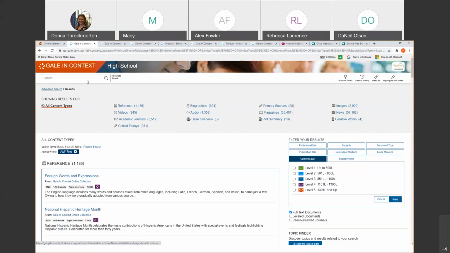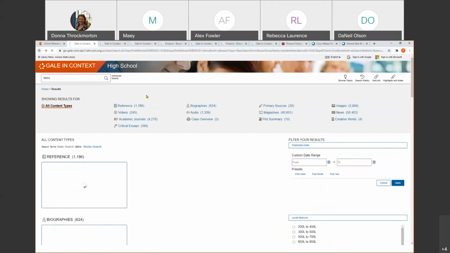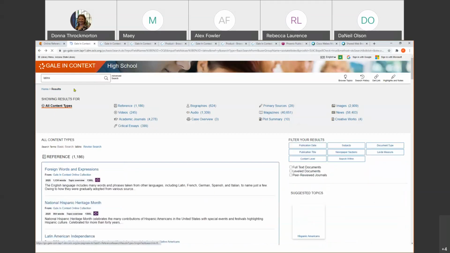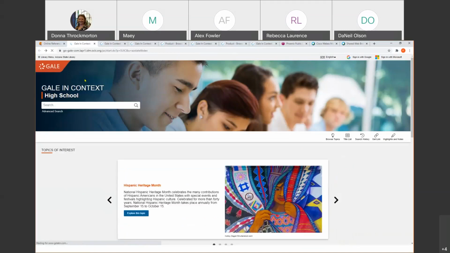So let's go back and some navigation things to understand with the databases. You might be tempted to go back using your back button. Sometimes they offer you the option of actually going back to the main screen, but we're going to just go ahead and click on the back button. It takes us back to these results. Let's go back one more time. We're back to the home screen.